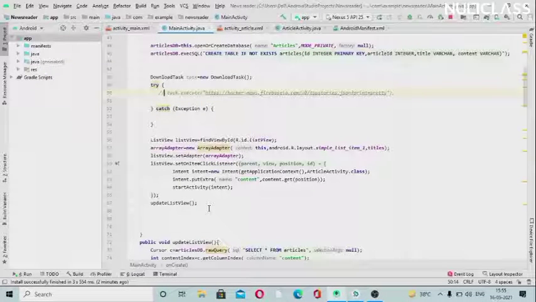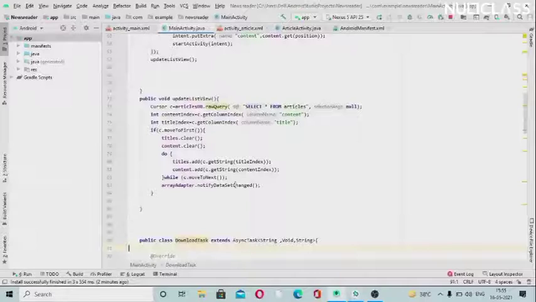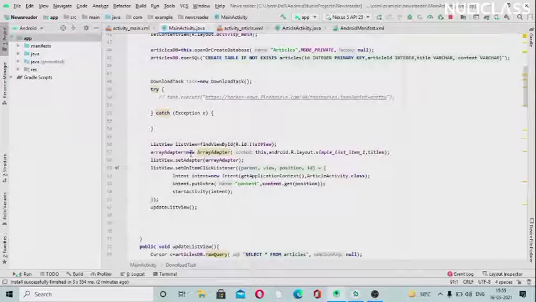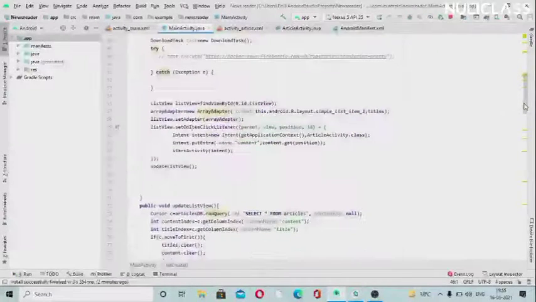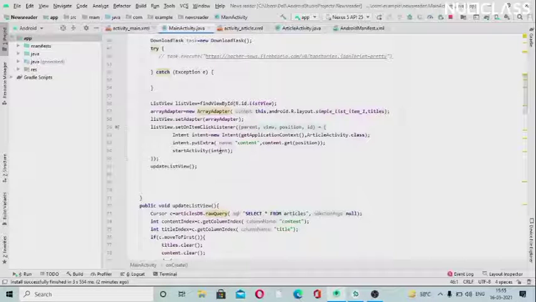The app crashed last time because of the updateListView code we have executed here. In this list view we are using an array adapter, but we have declared the array adapter after that, and we were using the updateListView code before it. That's why it was creating an error, because we haven't initialized it before. So you can either cut it from here and initialize it above this, or you can change the position of updateListView to after you have declared the array adapter. Okay, after that I just gave it a run to check.